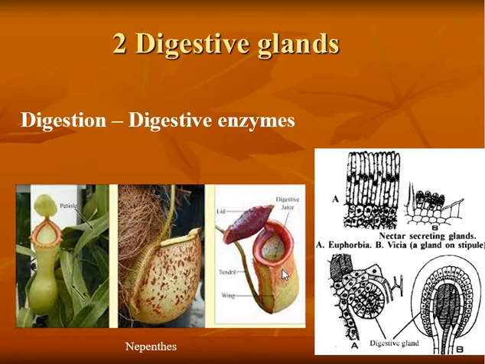And you see the internal structure of this digestive gland. They have a small epidermal covering, and some modified cells called digestive glands are present. These are the secreting digestive glands, and this is the side. And the epidermis will form like a layer over these glands. The purpose is producing hydrolytic enzymes for the digestion of captured insects.